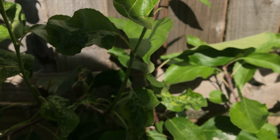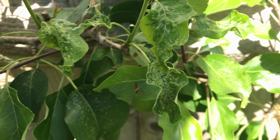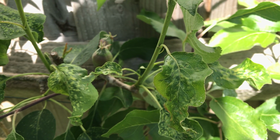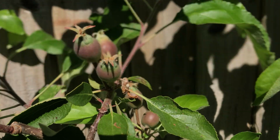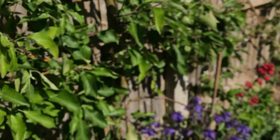And here we've even got an apple or two, if I can focus in on it. Don't know if it's there. Very difficult to see with the glare of the sun. There's some more apples there. I'm sure I've got it this time. Yeah, not many, but